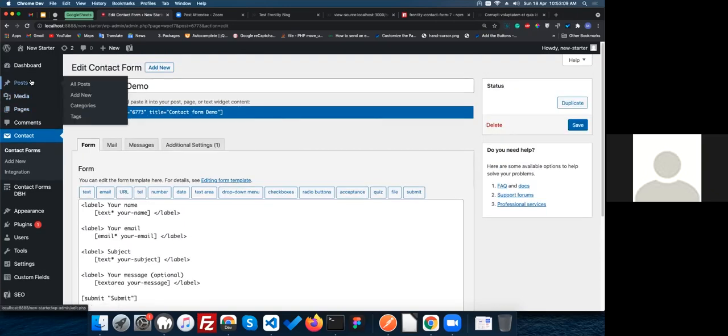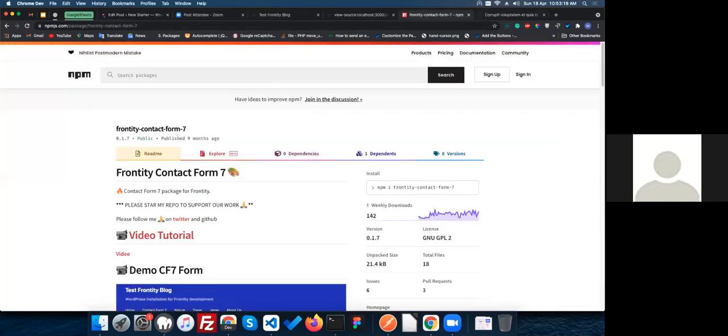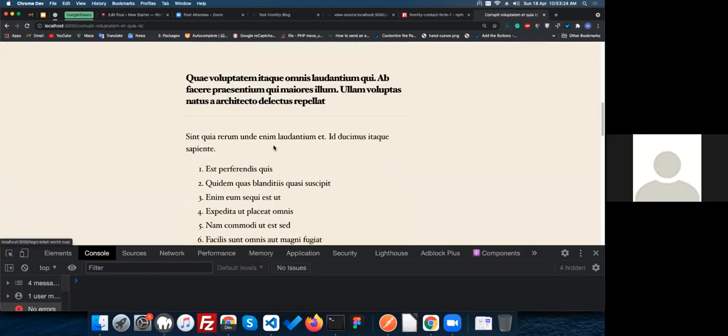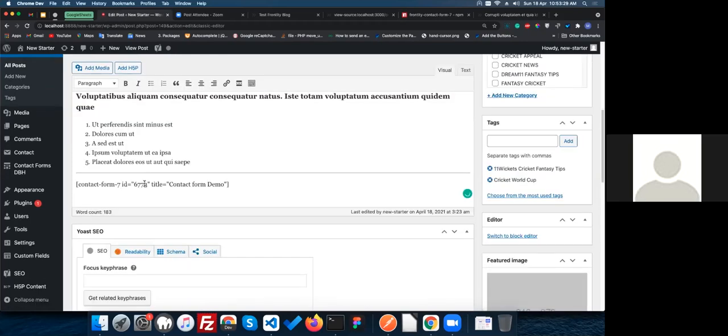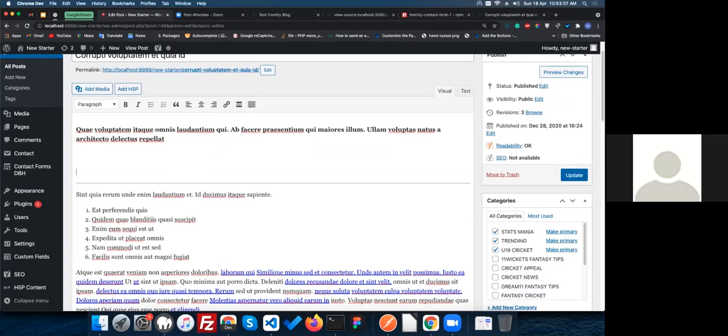So basically, first of all, I'm going to edit my post where I had edited the contact form last time. I'm going to move this contact form to the top of my content area. You just need to do nothing. Just copy the shortcode of the contact form in your post content and type it wherever in your content area you want to show it. Like here, I want to show my contact form. So just update this post.